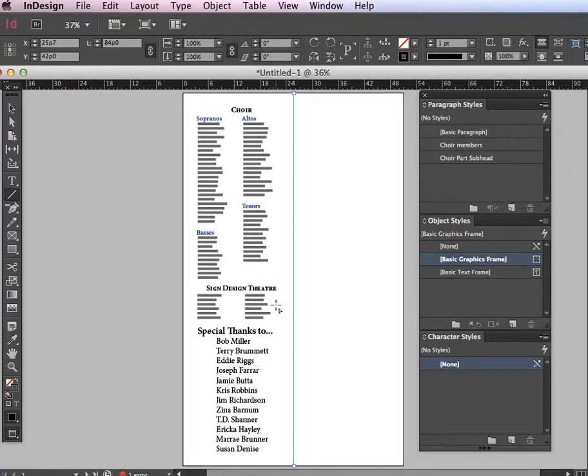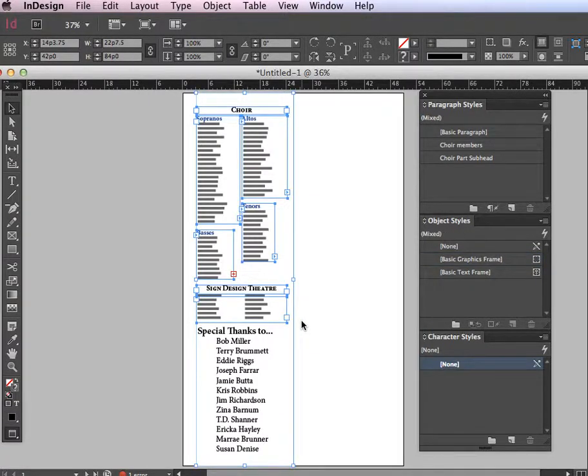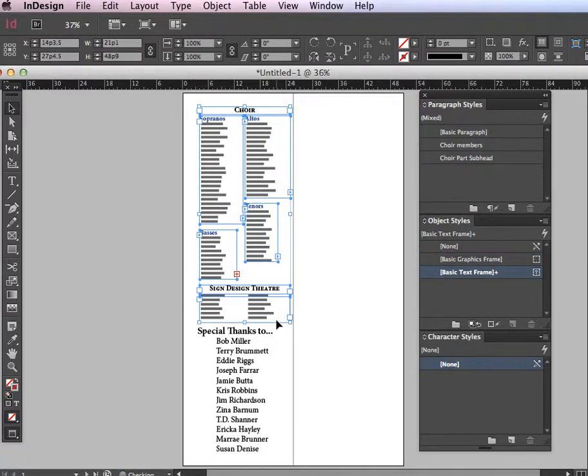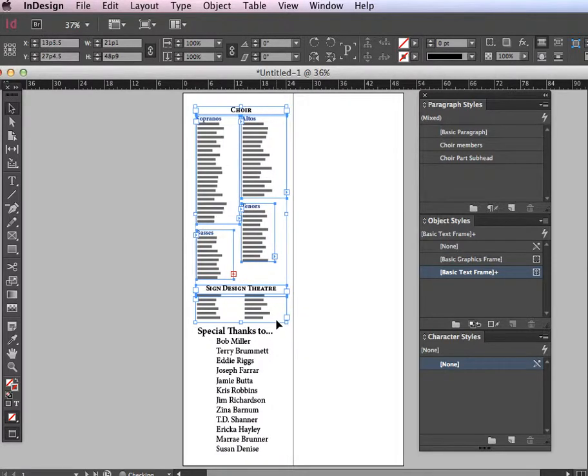From where the fold is, does it look kind of centered on the back page? No, it doesn't. It looks a little bit to the left. Why? Because the rag over here on the right side makes it look like there's more spacing than there is on the left side. So I'm going to mark here around these areas to select all of these since I want them to travel together, and I'm going to move them over to the right. Whoops, I accidentally selected this line here that I was using for folding to show you where the fold is. There we go. And so I'm going to move that over, but it's still kind of confusing because